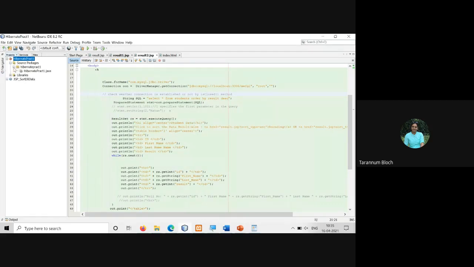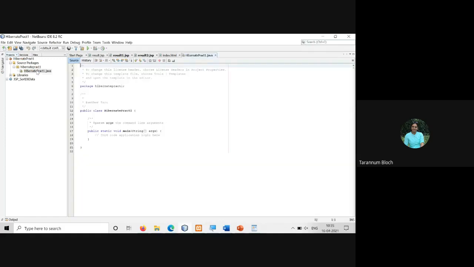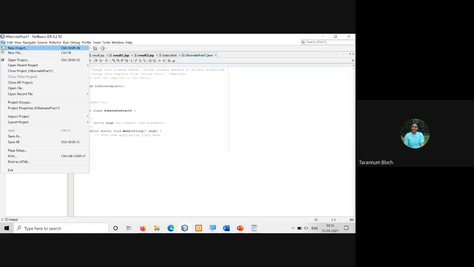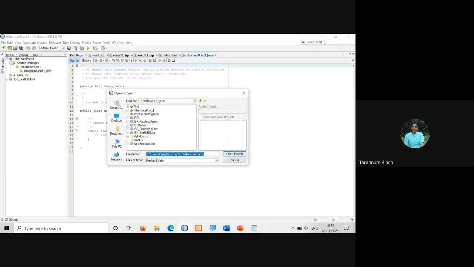Right? So let us talk about a real life scenario. There are so many products in the market which were developed using Java, and till date they are being used.